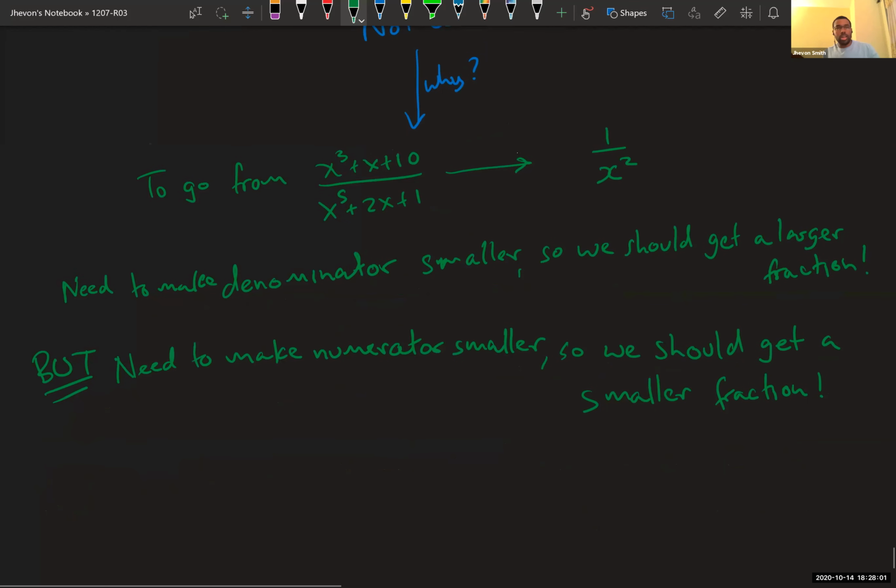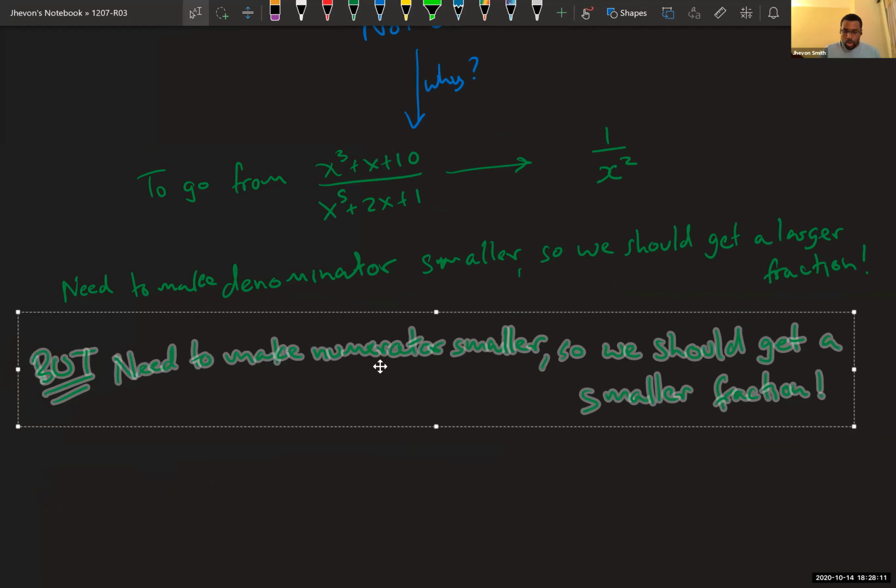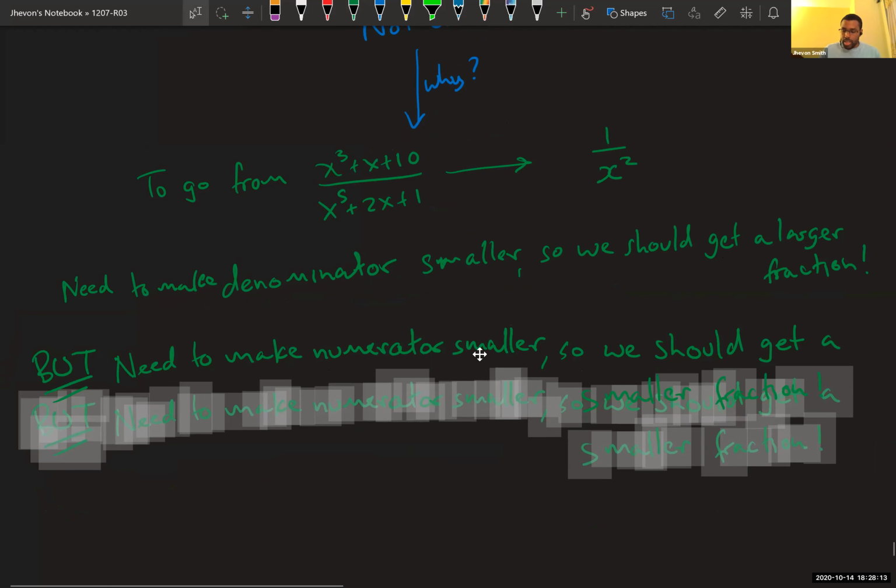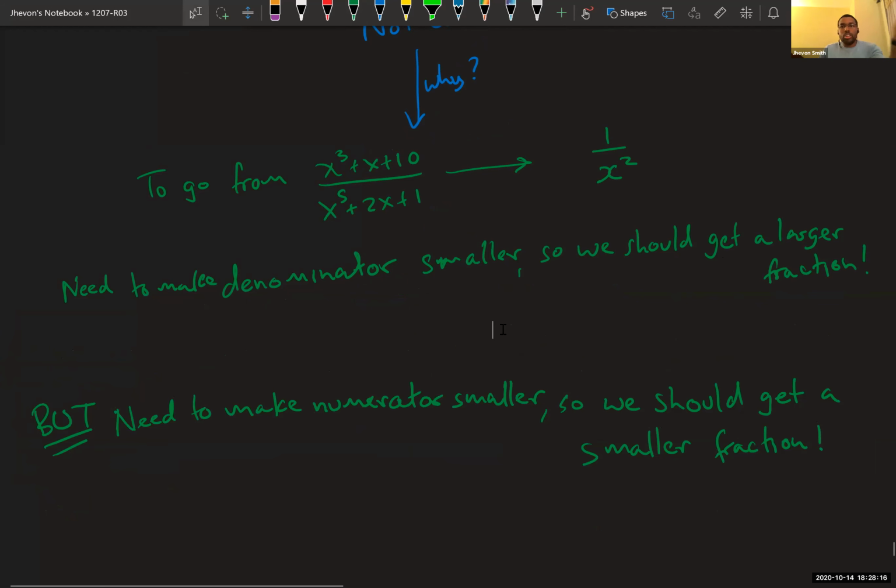So here's why it's not obvious. In order to make the comparison that I want to make, I would have to make changes that are competing against each other, right? One change is to make the denominator smaller, but simultaneously I'm making the numerator smaller. One change is making a bigger quantity, while the other is making a smaller quantity. I'm both making things bigger and smaller simultaneously. How do I know who is going to win? How do I know if the bigger that I made it is bigger than the smaller that I've made it? You know what I mean?